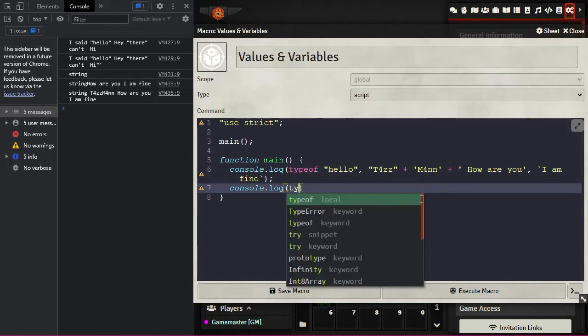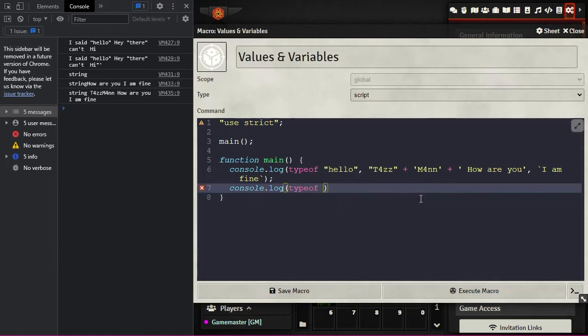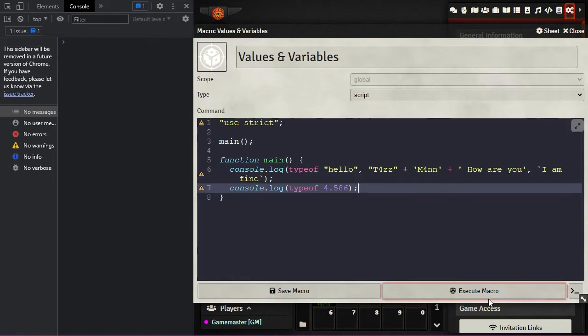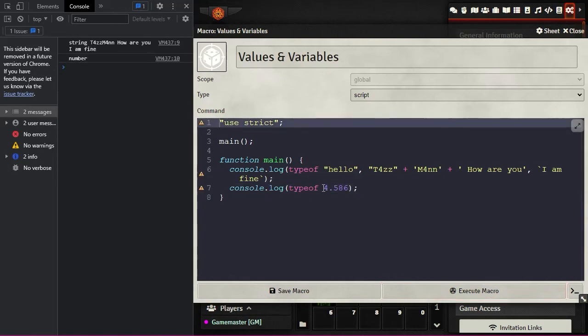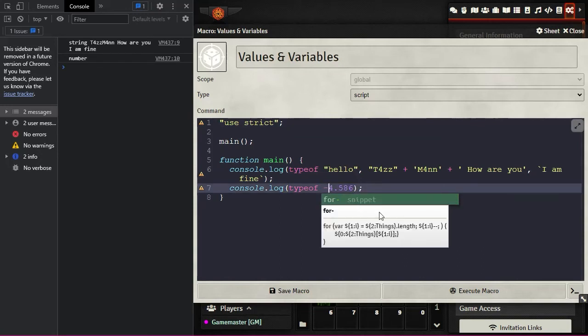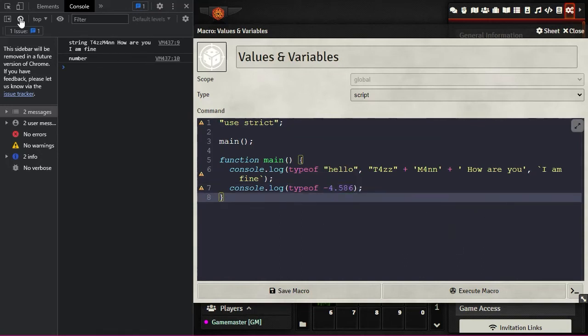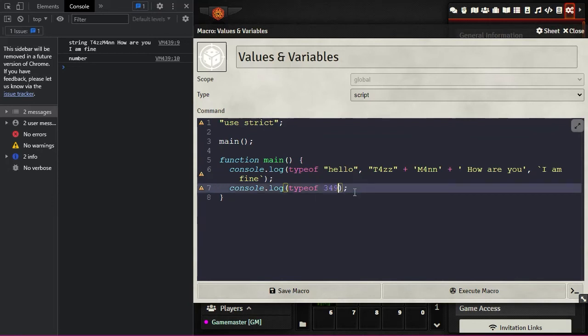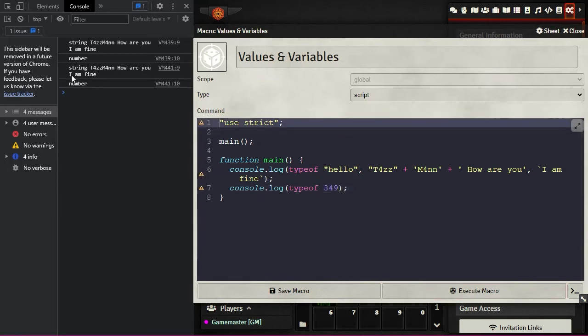So if we do typeof and we say, let's say 4.586, I don't know why, let's just do that. If we clear this and hit execute, you'll see that is a number. If I do, well, let's do a negative 0.0.4 blah blah blah, right? Clear that, hit that, still just a number. Let's go ahead and make it a positive number, 349. Still just a number. Negative,